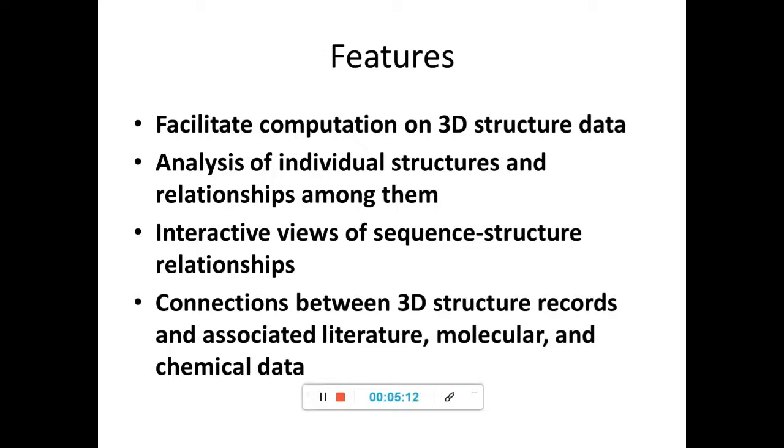So such connections between 3D structure records, associated literature, and molecular and chemical data could be made by MMDB. It doesn't imply that direct interaction is possible, but the connections can be analyzed using the MMDB website.